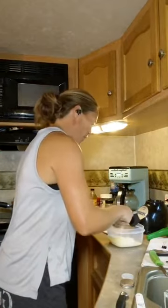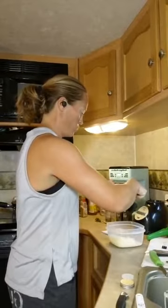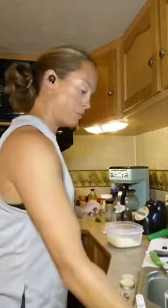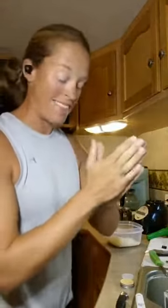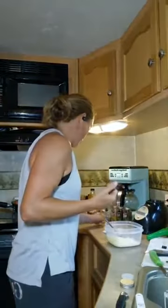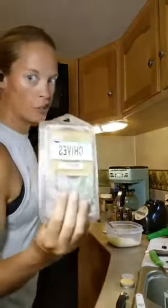At this point, I'm going to be adding in all of the seasonings, which I'm going to tell you another secret. Okay. There's my sour cream. The only one that I'm chopping up, and I think it makes the world of difference, is the dried chives. It is the game changer on that taste of your ranch. So the first thing I'm going to do is the dried chives, which, by the way,